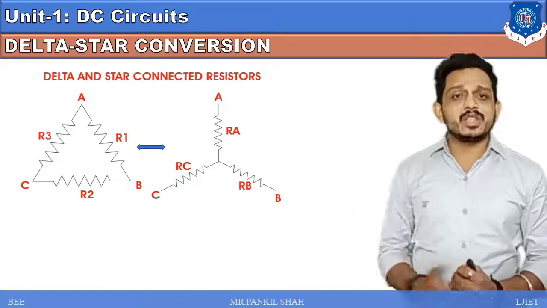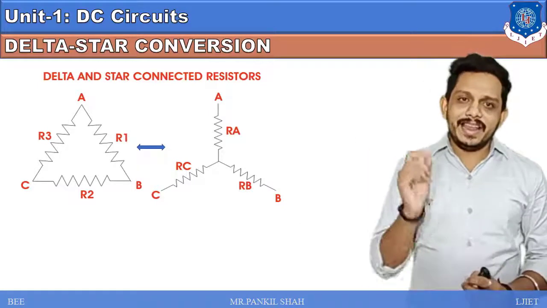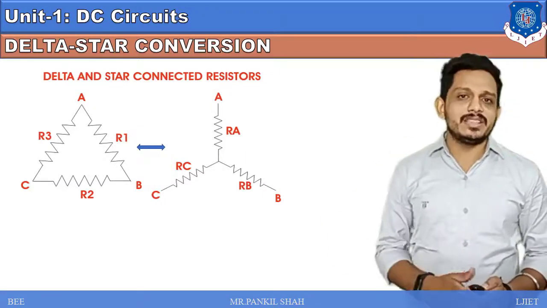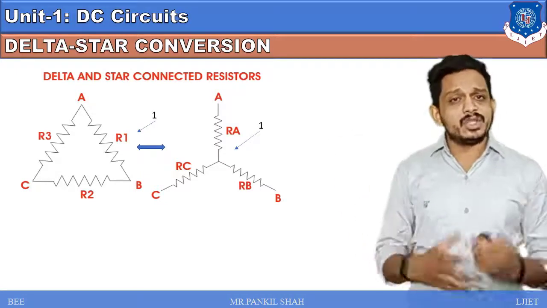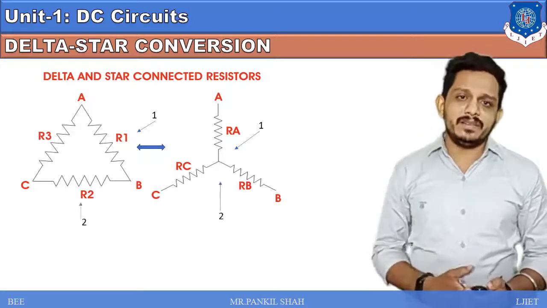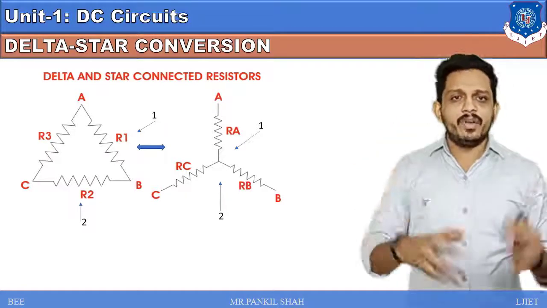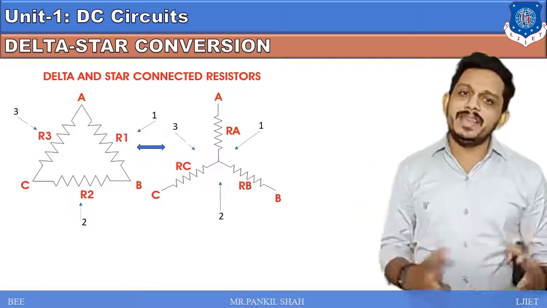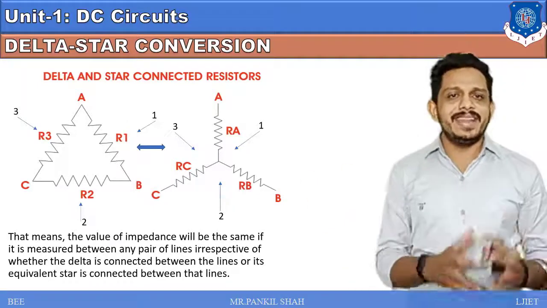So in the first figure, you can see that there are three terminals available, and those terminals are A, B and C. And the resistances in the delta are R1, R2 and R3. Now we will see these three terminals from three different corners. So there will be the first corner here, and in case of star, that will be the first corner here. So one point will be like this, say. The second point will be shown here between B and C terminal, and the third point we have taken from here between A and C terminal.